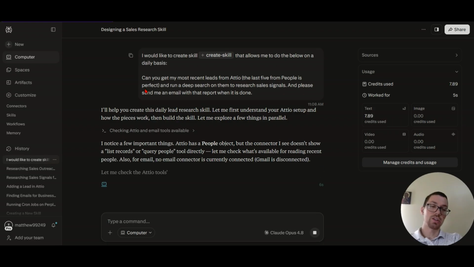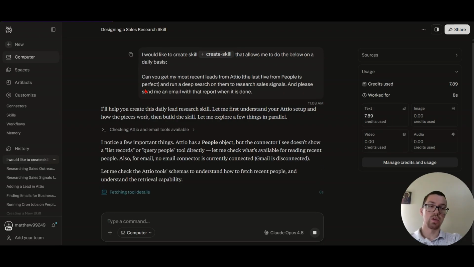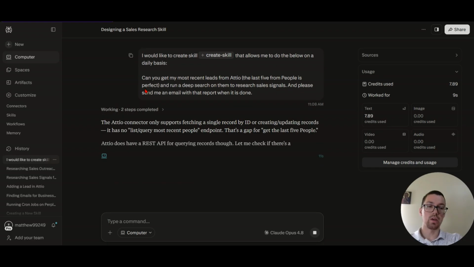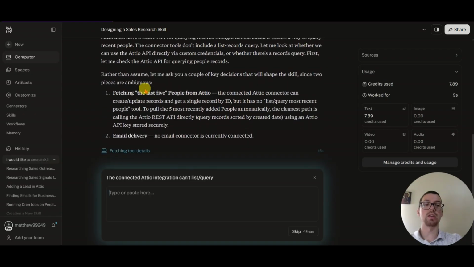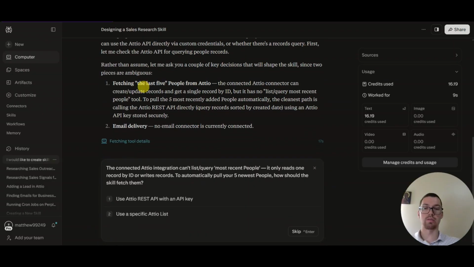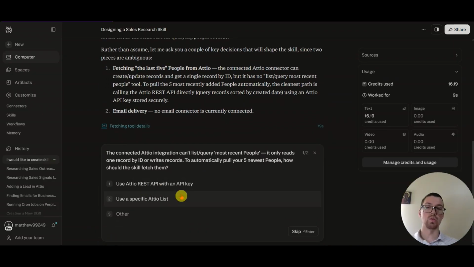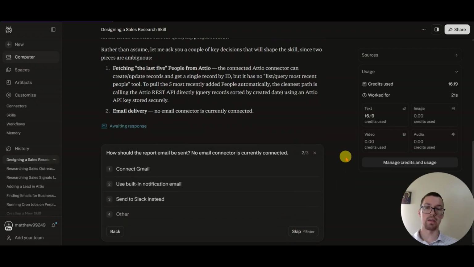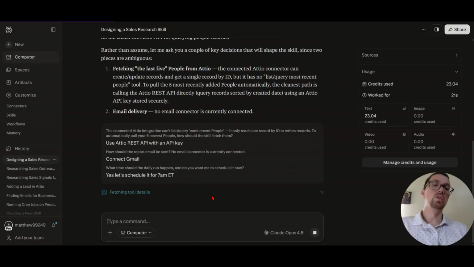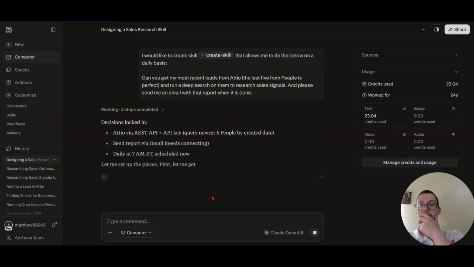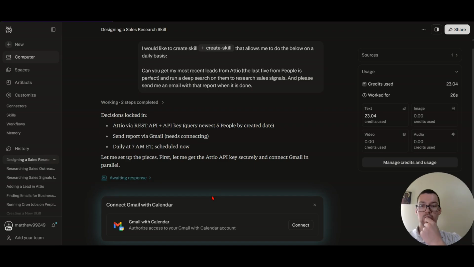Perplexity, the connection to Attio at least, is a little different than it would be in Claude. Claude uses the Attio MCP. Perplexity uses a Pipedream connector. So it's going to prompt you to use an Attio API key. So we're just going to use that API key here. And yes, let's schedule it for 7 a.m. ET. So it's going to do all of this for us. It's going to build the skill. It's going to schedule it. And